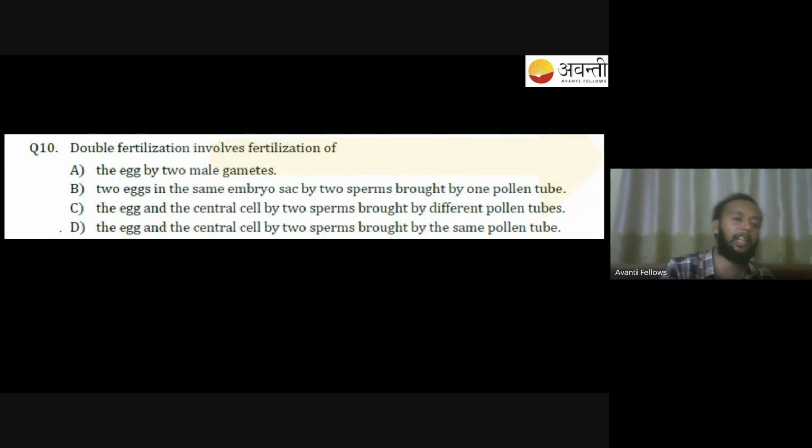ठीक है। ऑलराइट नेक्स्ट, ध्यान से देखो इस क्वेश्चन को। Double fertilization involves fertilization of, बताओ इसका आंसर। हैंड रेज करना पहले एंड आंसर बताइए। गायत्री क्या होगा इसका आंसर।